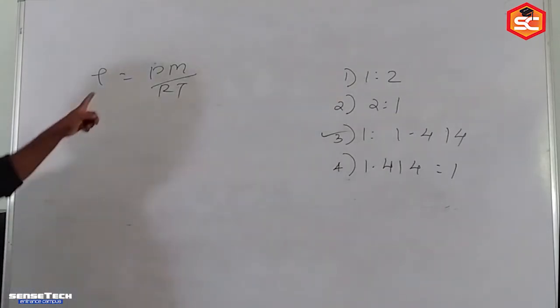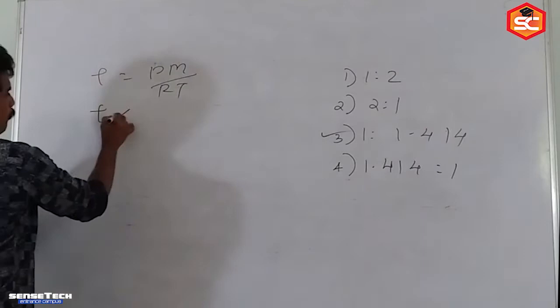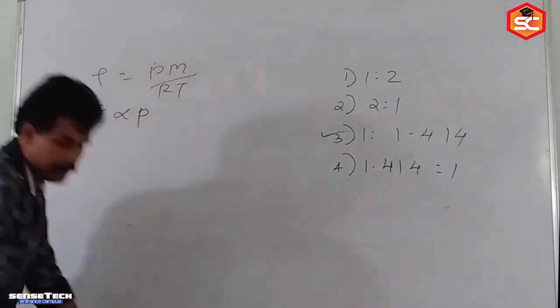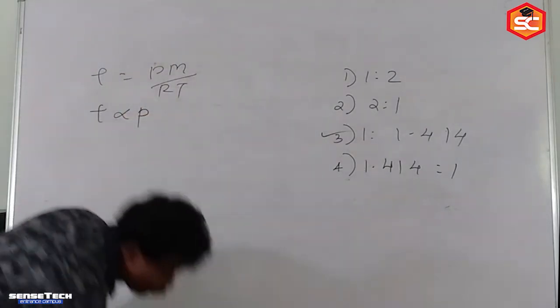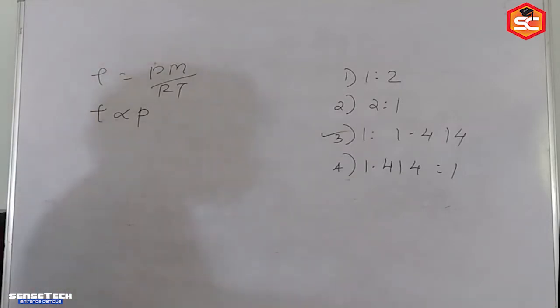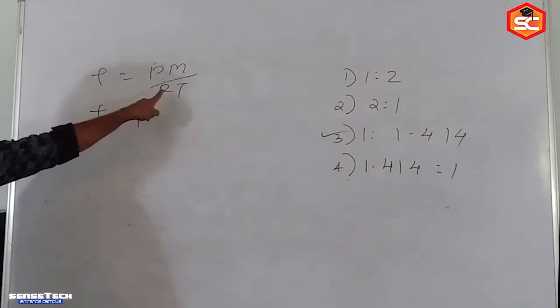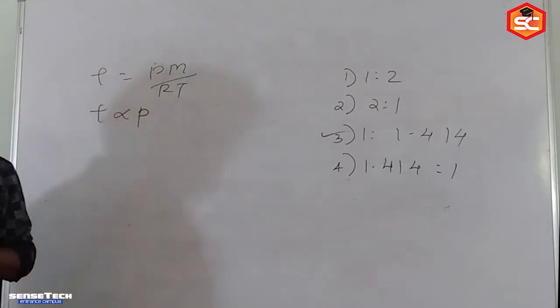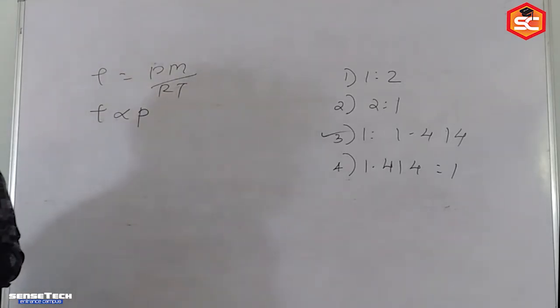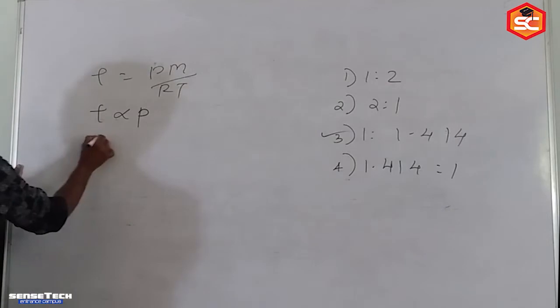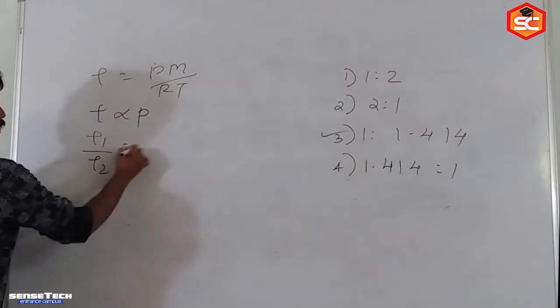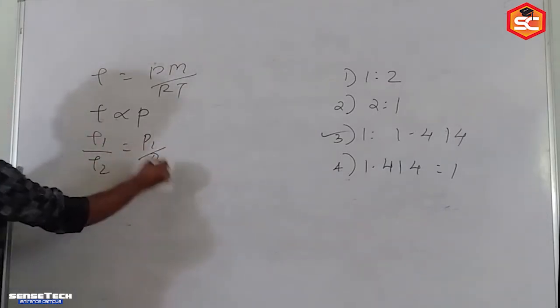Okay, so from the equation we are getting rho is proportional to 1 by P. Density is directly proportional to pressure of the gas, because M of the gas is a constant. Room temperature we are conducting are also constant. So rho is proportional to P. So when you are taking the ratio, rho 1 by rho 2 is equal to P1 by P2.